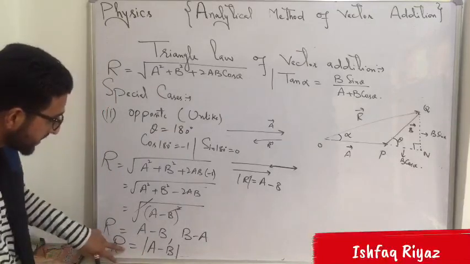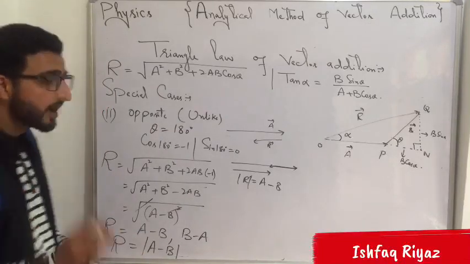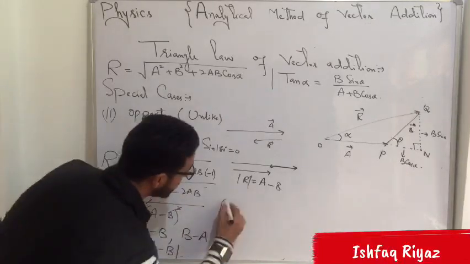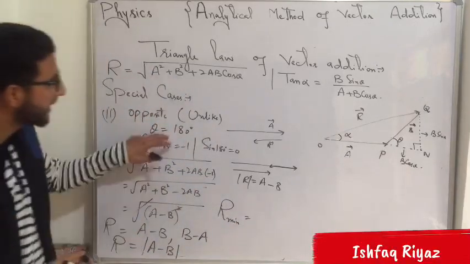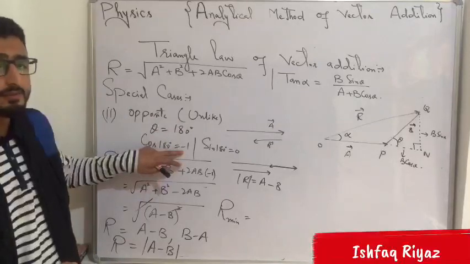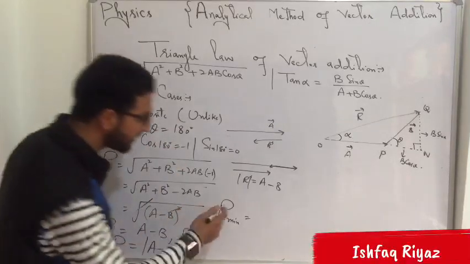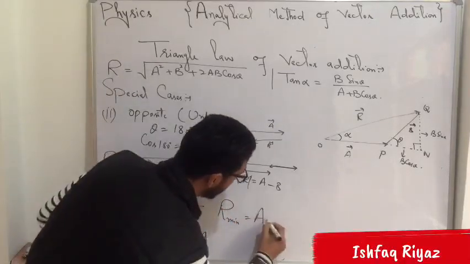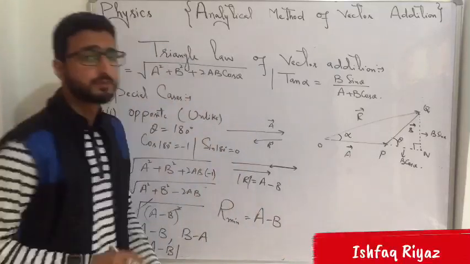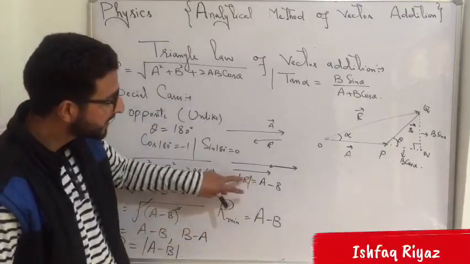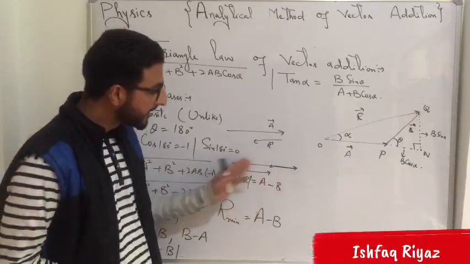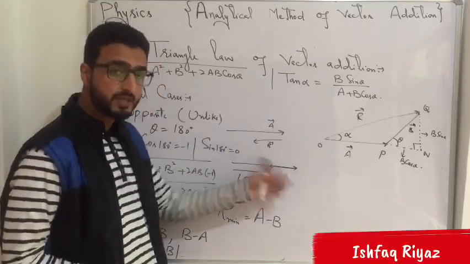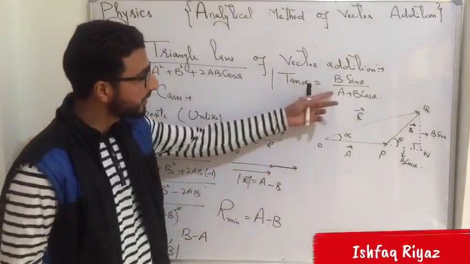So we can also see from this very relation that R, the magnitude of the resultant vector, is minimum here, because this is cos 180 degree, that is equal to -1. It is the minimum value of cos theta. So I will write R minimum is equal to A minus B. Now what is the direction of this very R? Along the direction of the greater vector. So it should be either 0 degree or 180 degree if B is greater than A. So let us try to calculate that from here.